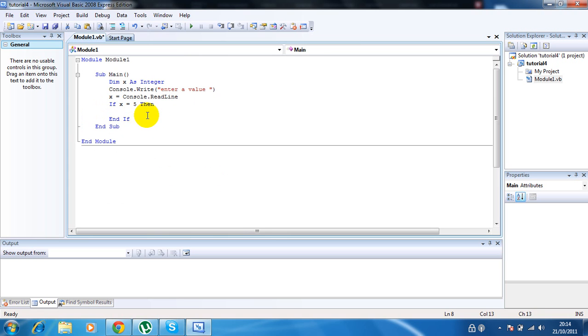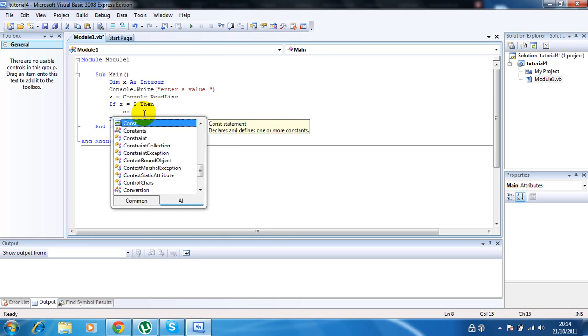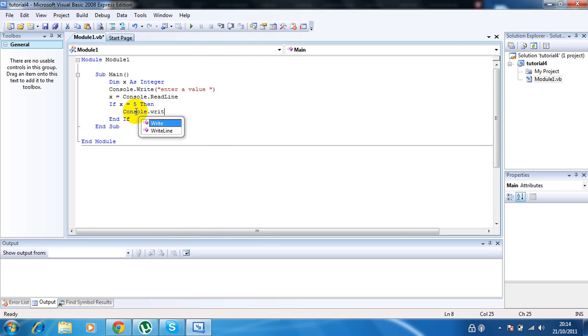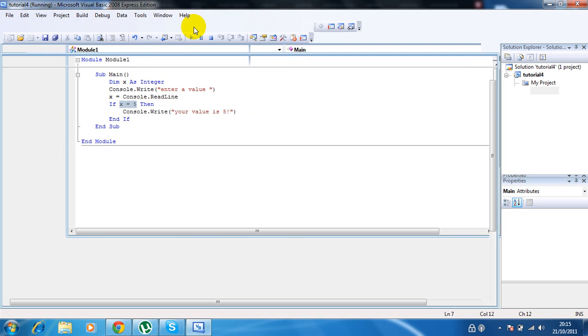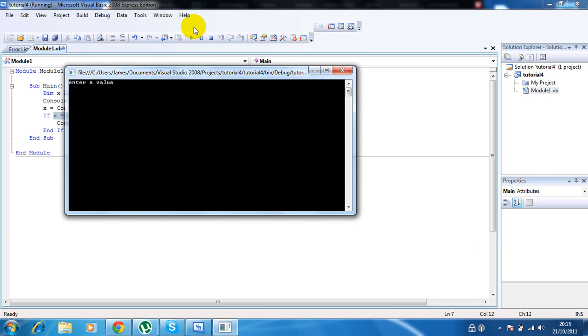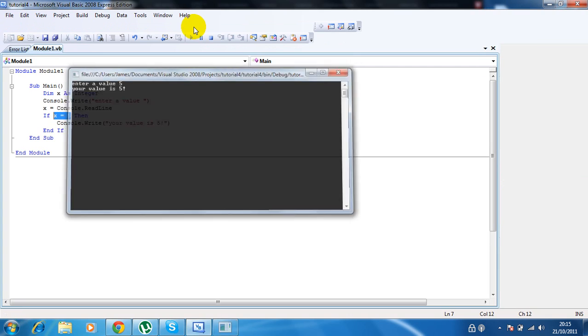So I could say if x equals 5, Console.Write your value is 5. But this would only type this if x, or your input, was equal to 5, as I will now demonstrate. So if I type 5,